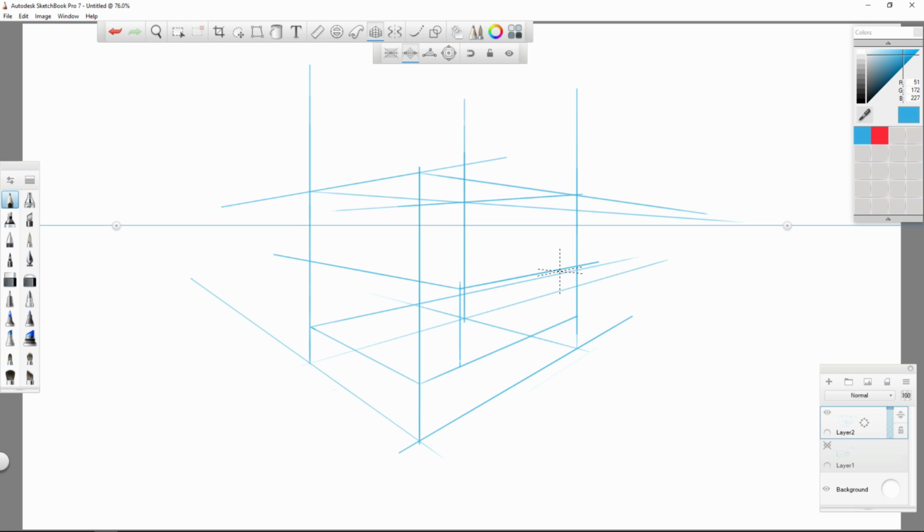Now, one thing I do recommend for artists and illustrators using this tool is use this as a construction guide, and then at the end, go through